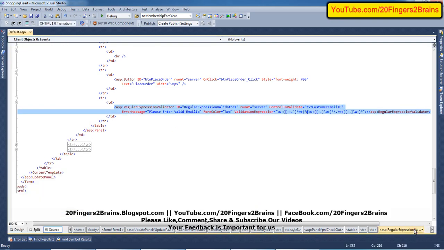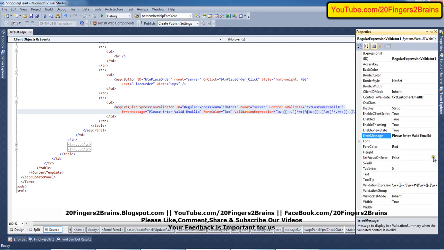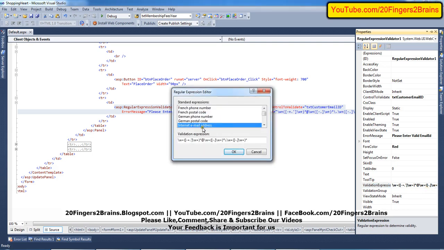When you drag and drop, the validation expression will not be there. So you have to enter the validation expression and the control to validate. The validation expression you can get from here. Here we have the internet email address.